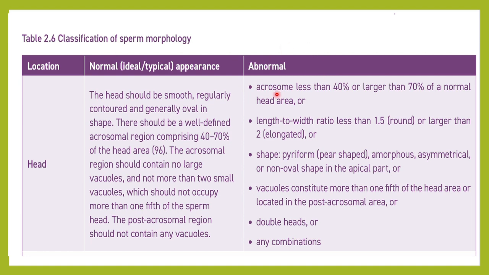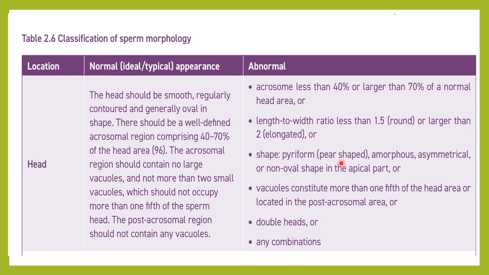If we look at abnormalities, what all can be abnormal? If the acrosomal area is reduced, if it is less than 40%, then it is taken as abnormal. If the length to width ratio is larger, then also the sperm becomes abnormal. If the shape of the head is changed, it becomes a pear-shaped head, amorphous head, asymmetrical head, non-oval shaped head, then